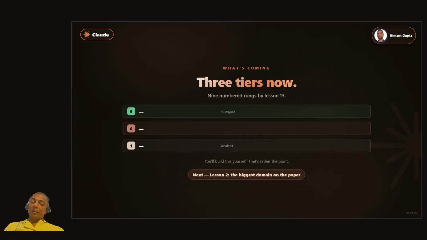That's rather the point. No mock test for this lesson. You set test 1 at the end of the introduction. So lesson 2 starts the real material with the biggest domain on the paper. I hope you like this initial context, and then